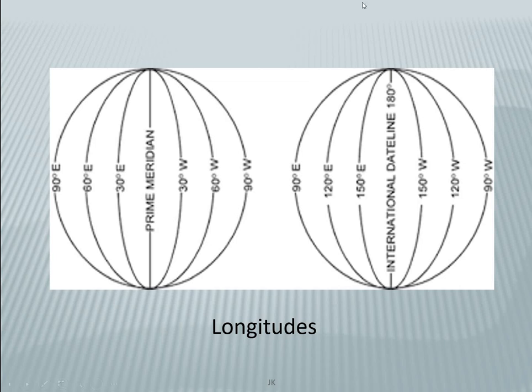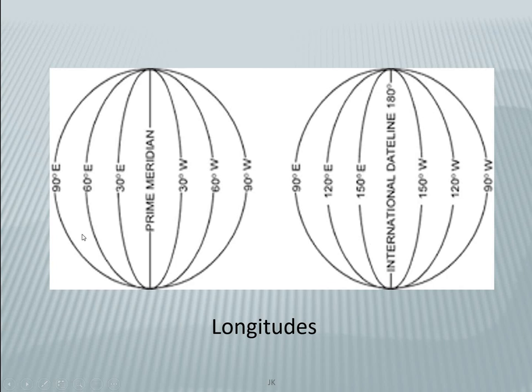Okay, so you can see here, this is the prime meridian, which is at 0 degree longitude, which passes through the British Royal Observatory in London. Okay, so here you can see eastwards 30 degree, 60 degree, 90 degree, and here it is measured westwards. Okay, similarly from the backside, exactly opposite to this is the International Date Line, which is the 180 degree